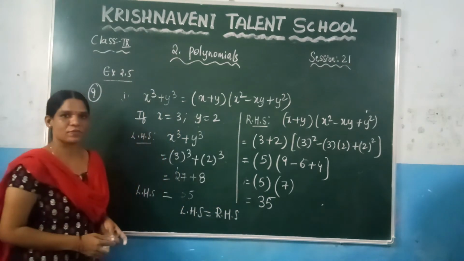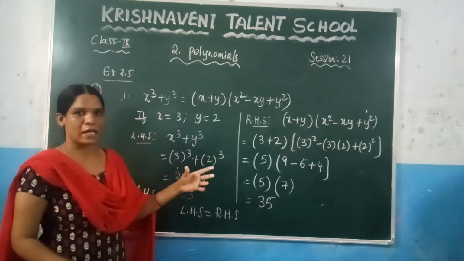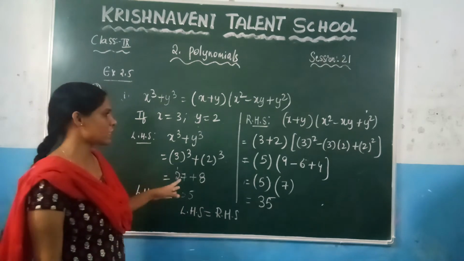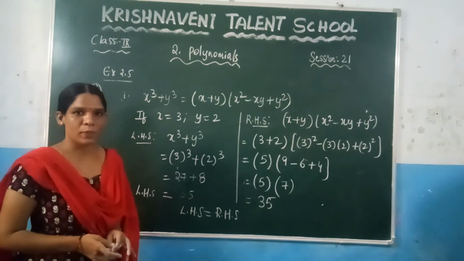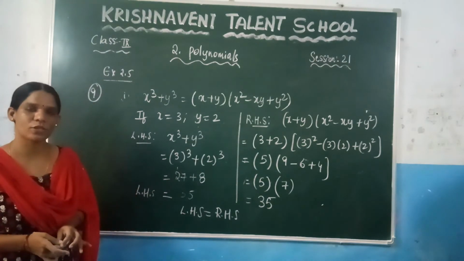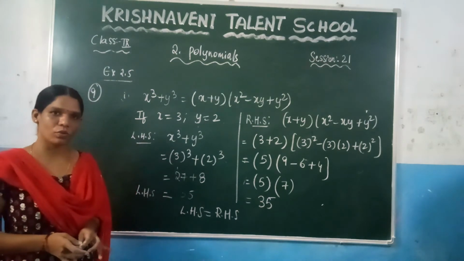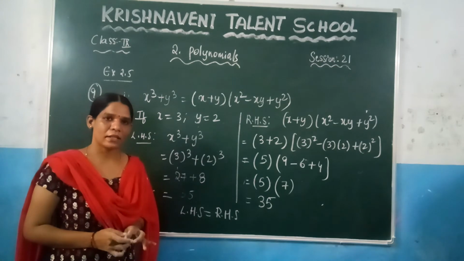So we can state this one as an identity because here we have proved this one as an identity by taking the RHS, and again we have proved by taking some values here. So that we have proved this one. Here one more problem is also given and they are saying that is also an identity. So like this only you need to prove here. That one you can do as homework, and that also you can apply in the remaining problems.